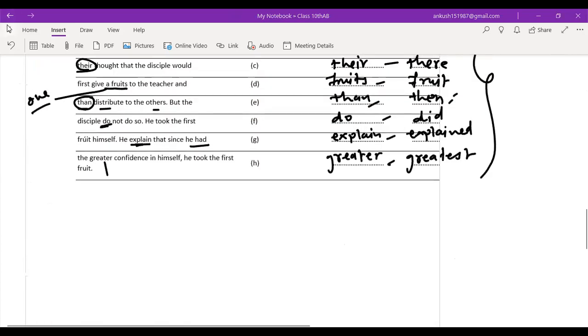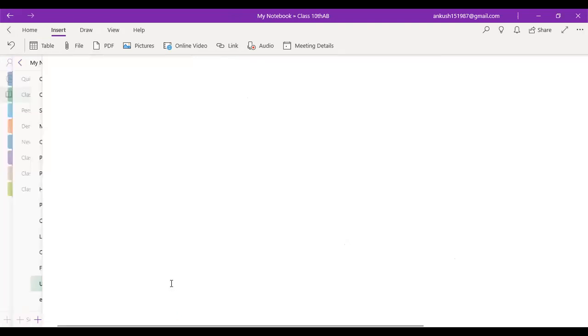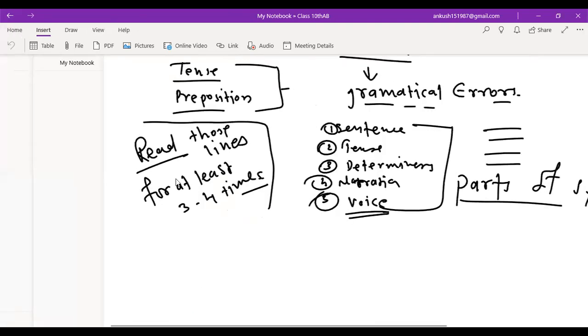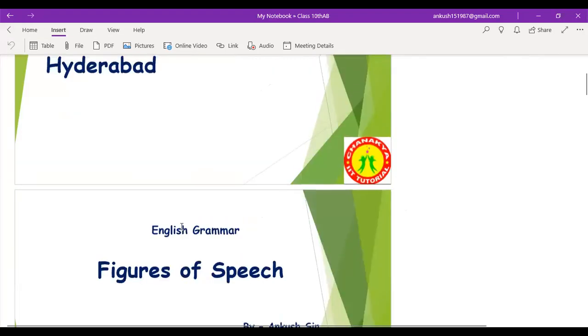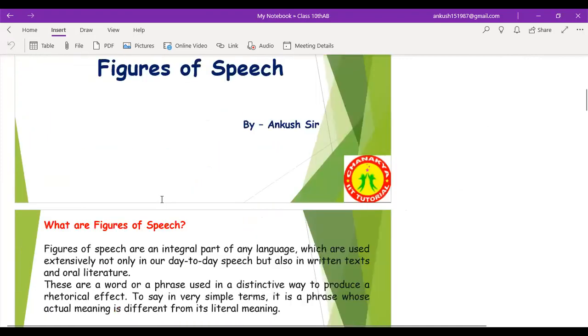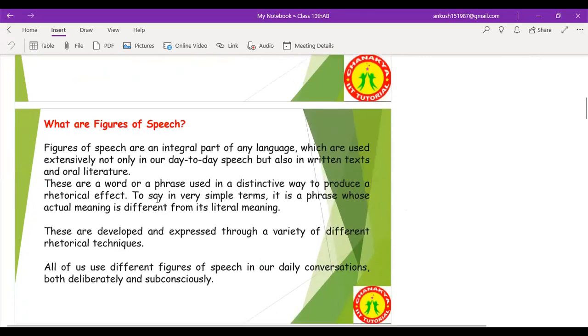Shall we go for figures of speech as we did not complete that? Okay, sir. So it is a very common topic that is asked there in the exam. And before going for that, we must know what the figures of speech are. Okay. Now,